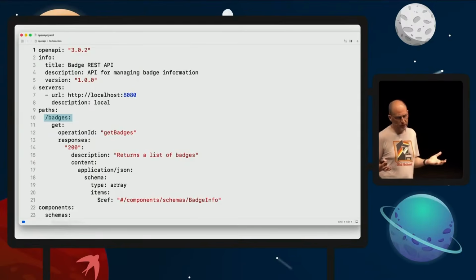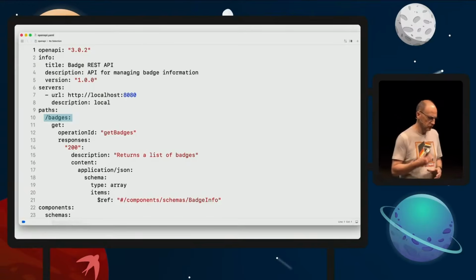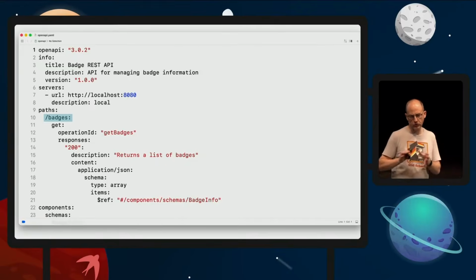Now, there are different ways to work with an OpenAPI specification. You can get one document and then decide to manually implement the code, client-side or server-side, that would comply with the API. But you could also decide to implement the server side of things and then generate the OpenAPI documentation from there. Or maybe you want to iterate quickly over the specifications, and you can generate both the client code and the server code from the API.